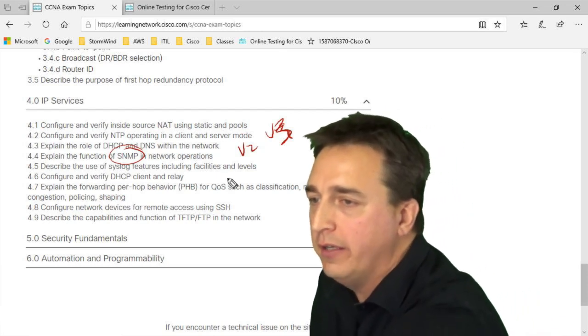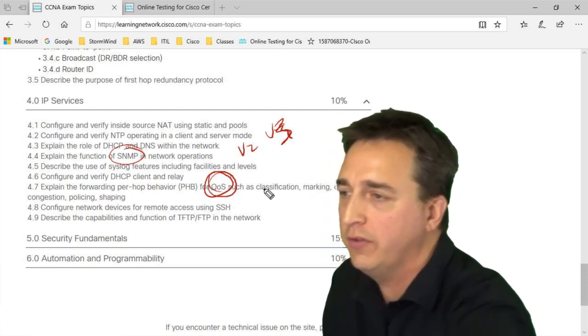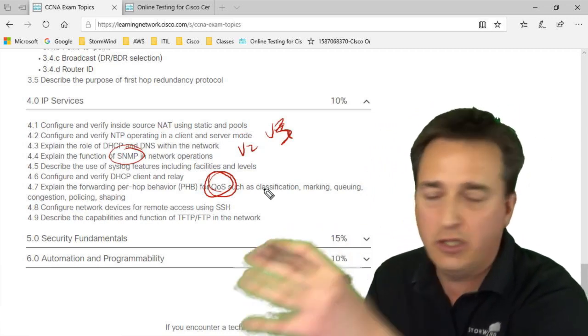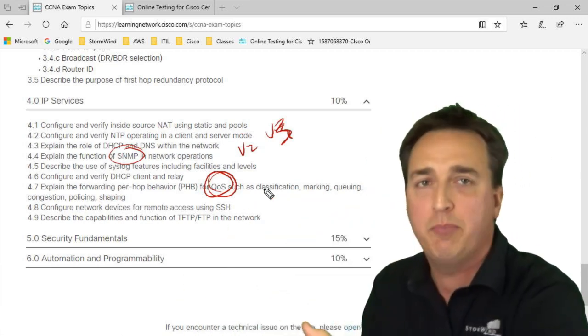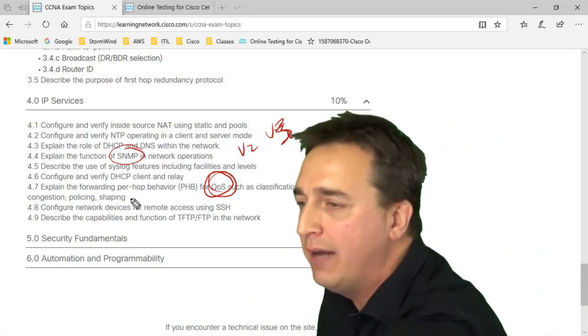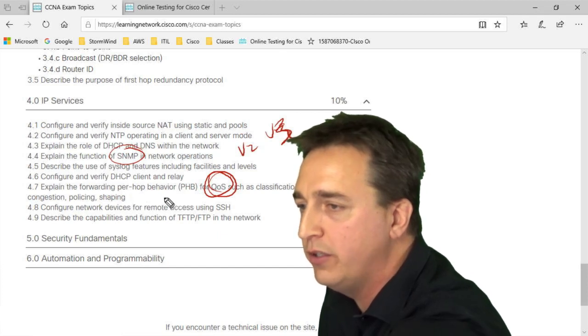When it comes to quality of service, folks, really great job here. Classification, marking, queuing, congestion, policing, shaping. Absolutely be able to explain what they do. But I want to add one more here for each and every single one of you, and that is going to be